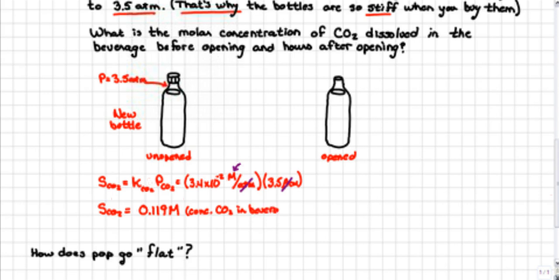And it's a rather high concentration. The reason it's so high is because the pressure of carbon dioxide above the solution is so high. It wouldn't be that high if the pressure were something less than 3.5 atmospheres. One would consider this to be a fairly high concentration of carbon dioxide, but what happens when we open the bottle? Well, referring to the diagram at right, when you open the bottle, a burst of carbon dioxide leaves the bottle,